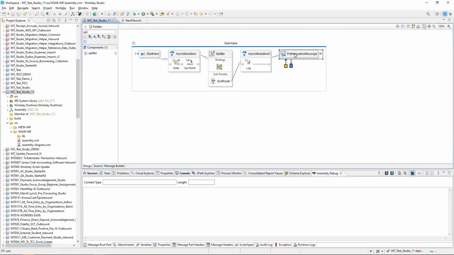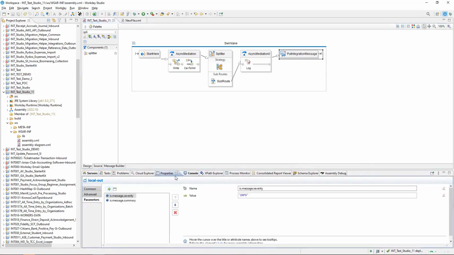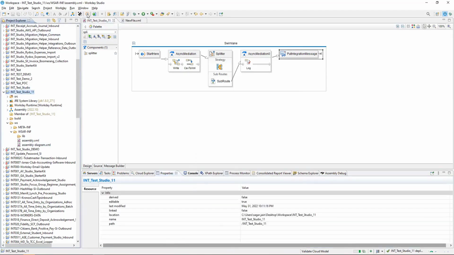Okay, now let me show you how the debug will show you error. Say, a very common thing is, if I don't put a message here, it will give me an error, right? Let me deploy it.